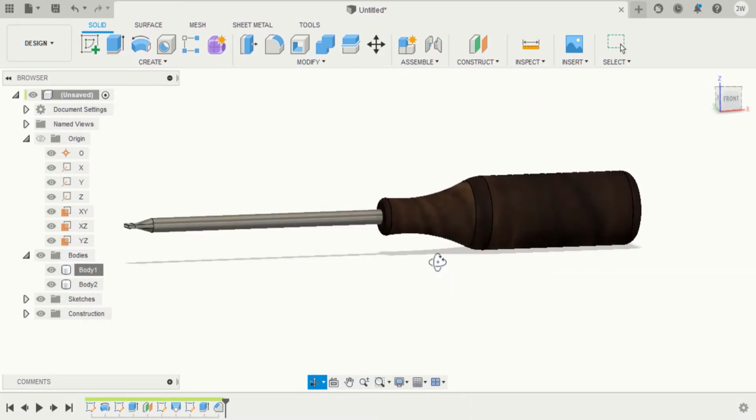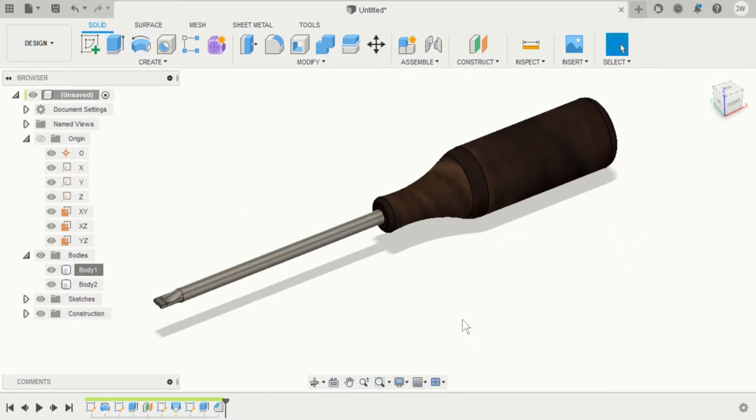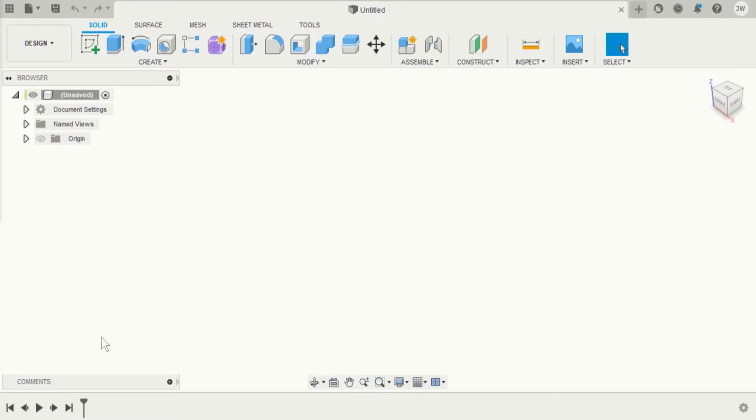In this video, we will create a slotted screwdriver with a handle. Let's create the screwdriver as a rotational part, as this will be easiest for the following geometry. In the first step, we create a 2D sketch, for example on the XZ plane,